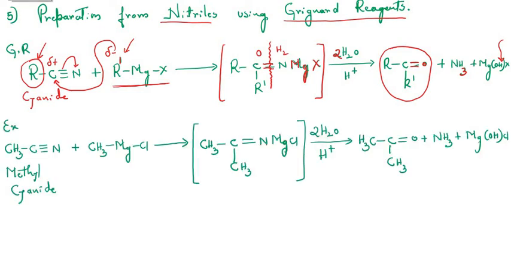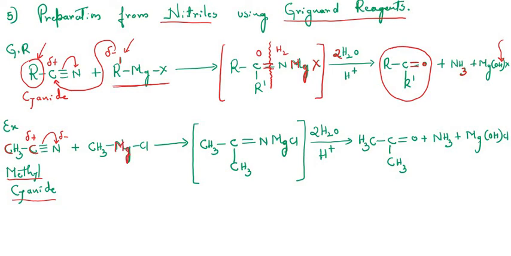Now if you see the example here, I have taken methyl cyanide, but the IUPAC name is ethane nitrile, because in IUPAC terminology we consider this carbon as well as this carbon, so 2 carbons, therefore it is called ethane nitrile. So in this ethane nitrile, this nitrogen atom is a bit more polar, and this pi bond will shift towards the nitrogen, and therefore it will carry what? Negative charge. Meanwhile this carbon bears what? Positive charge.